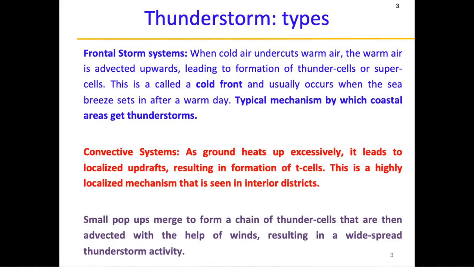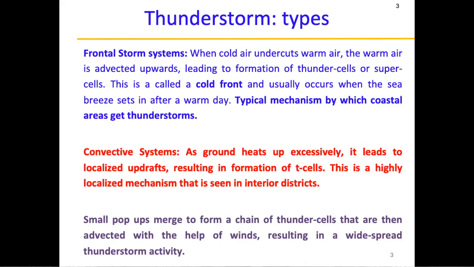Then you have something known as a convective system or convective storm. This basically happens because the ground heats excessively, and that leads to localized updraft, resulting in formation of thunder cells. And this is a highly localized mechanism because you have the strong updraft because of the heating at the ground, and the moisture is going to come in from the ocean. So the winds have to penetrate all the way to the interior districts,